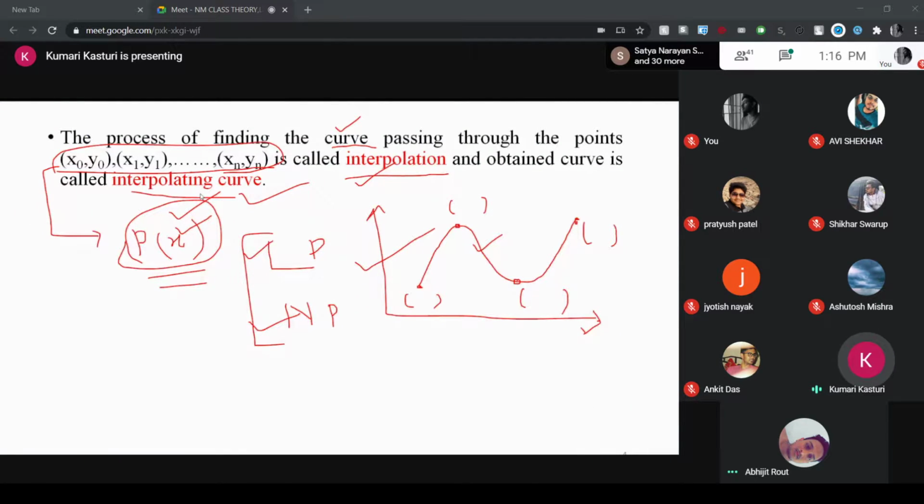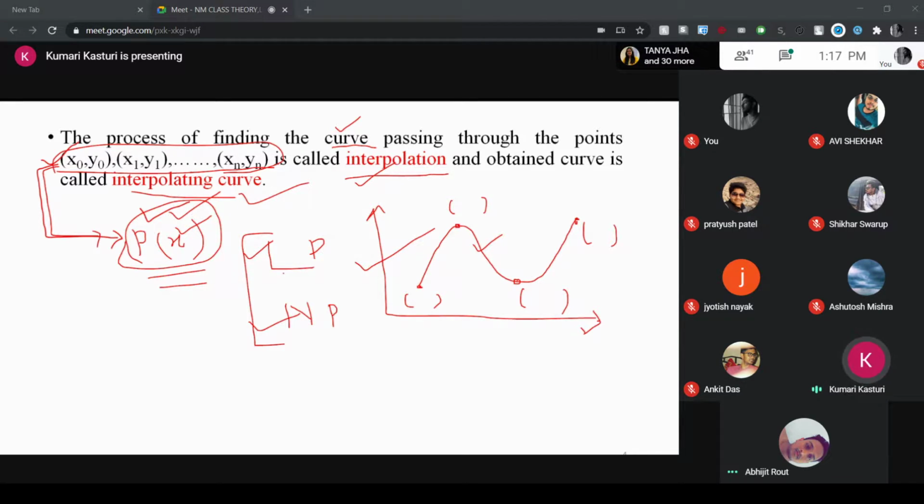Can anyone please tell me, whatever I have explained up to this point, all of you have heard that, right? Okay, quickly I will tell again. I have told that data sets are given to you. From this data set, the first thing you have to do is extract a polynomial.